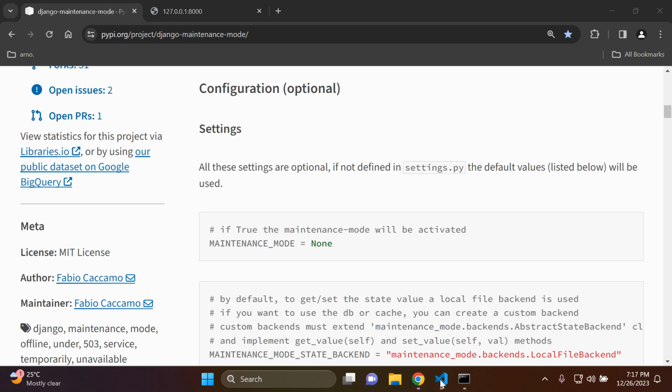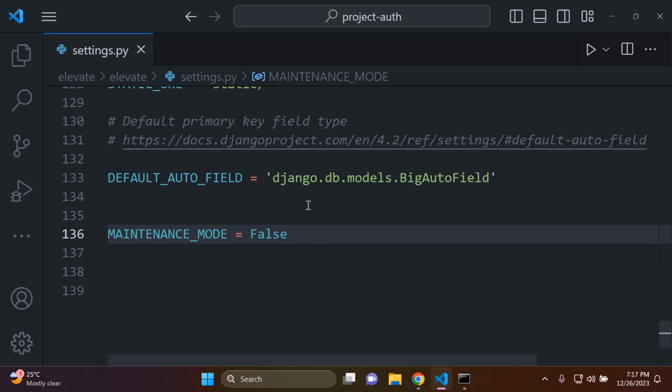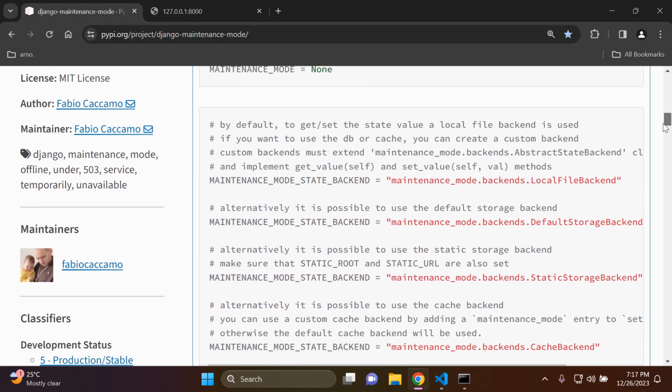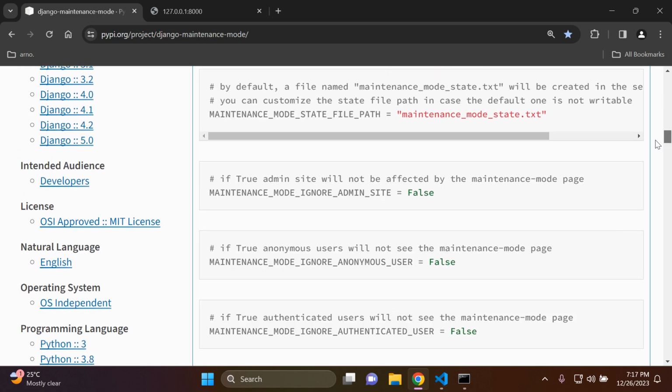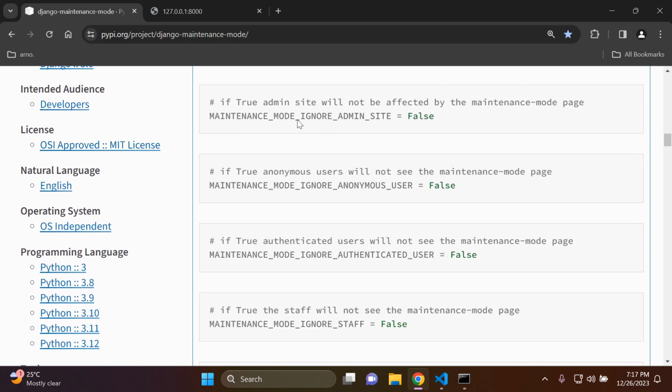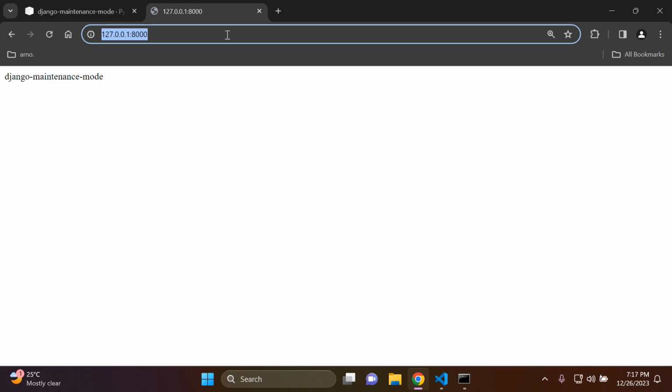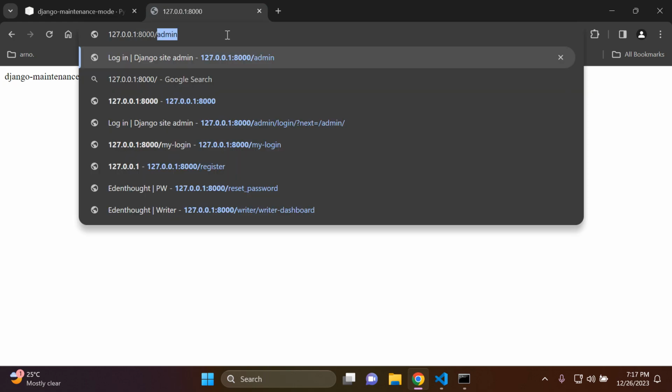Right. So what we can do is we can head on to our application and we want to set maintenance mode to true. Make sure your server has been reloaded. Then we can refresh, and there we go. So we now know we have maintenance mode set to our entire application, and now let's go ahead and add in optional parameters. So what I want to do is I want to ensure that I add in the following variable to be able to access the admin site. So by default, you shouldn't be able to access the Django admin site. So if I put in /admin, you can see here it is enforcing that protocol on the admin